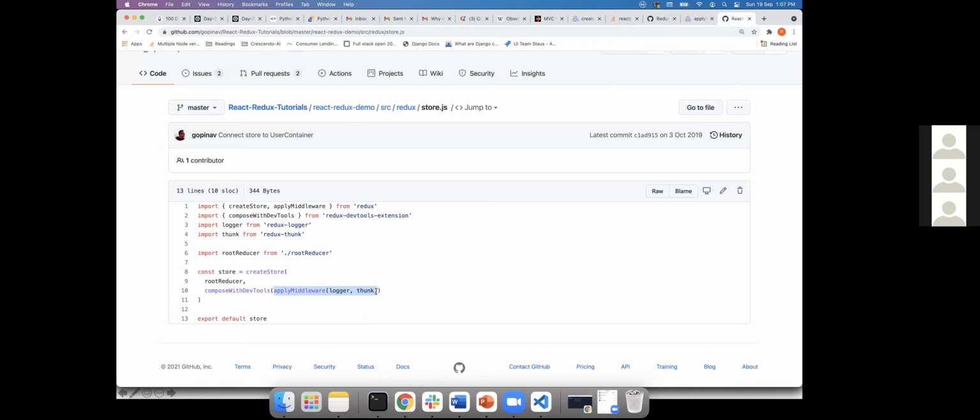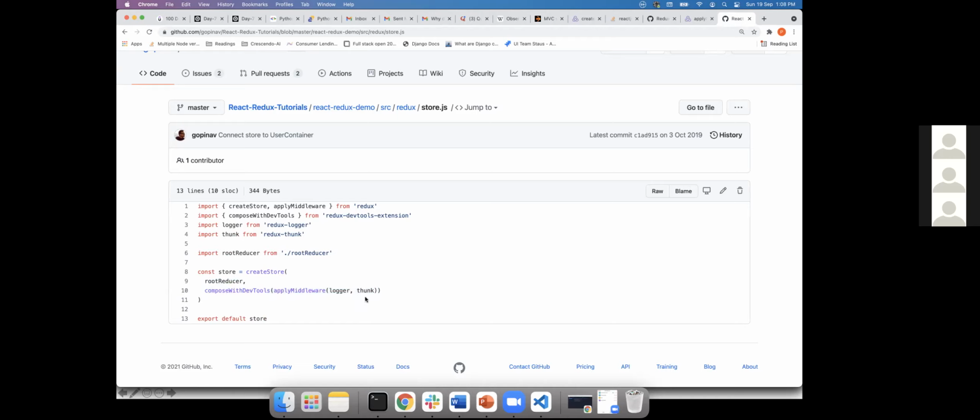Now I'll come back to the middleware need for us. Let's say we are not going to implement it in future, but I'll tell you our need. Remember we have a custom JSON, right? We are getting a custom JSON, but we cannot simply post the custom JSON. That is an Ajax call again. So we have to do some sort of processing on a custom JSON before we update a store. That time you need a middleware. So you write a function, you take the data, you modify it, then you post the data and you update it. Just like a transform function, or you can say some sort of enhancer, anything you can call it.